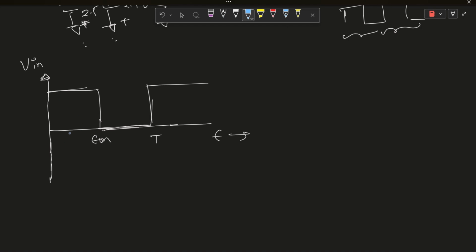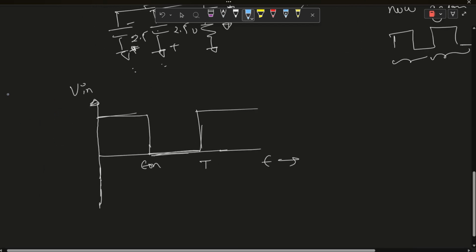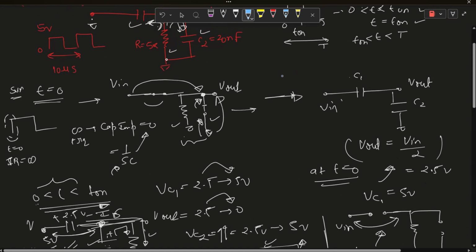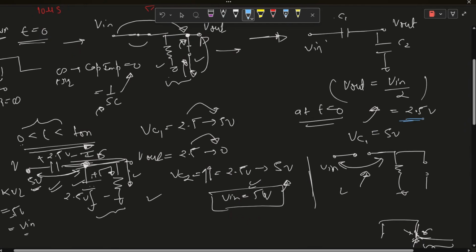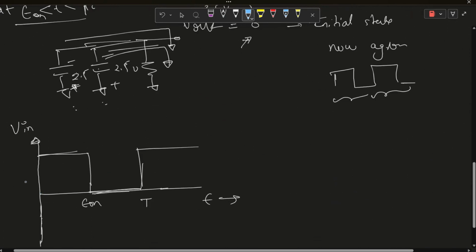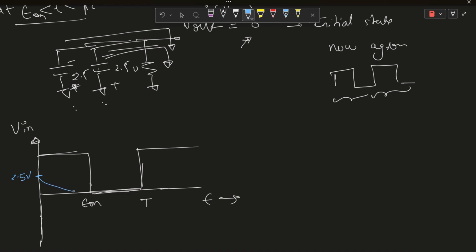And if I plot the output waveform, we find that at t equal to 0, V out reaches 2.5 volt, and it starts decreasing,